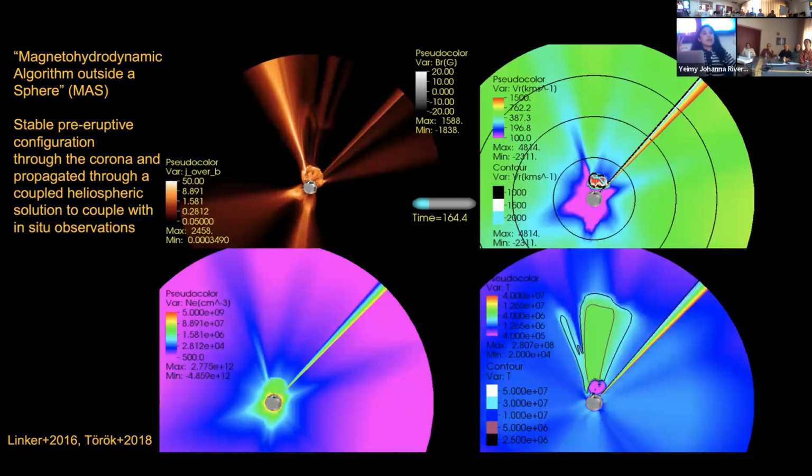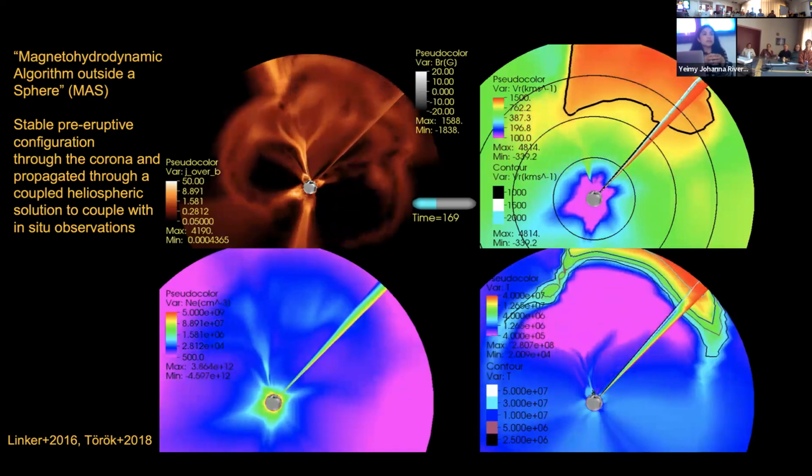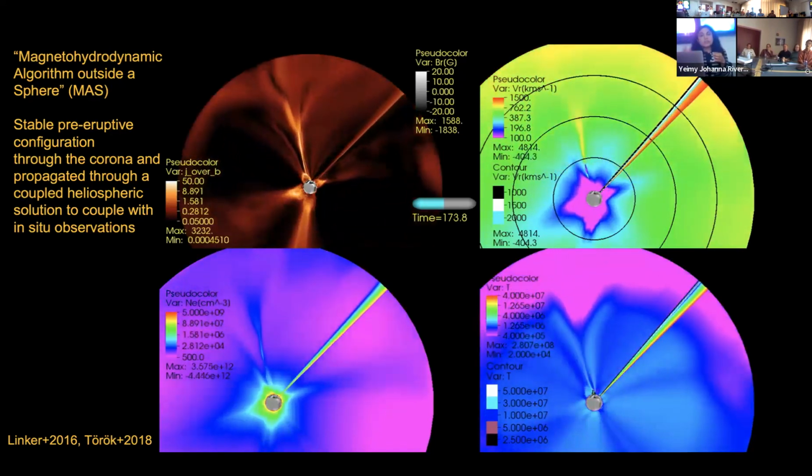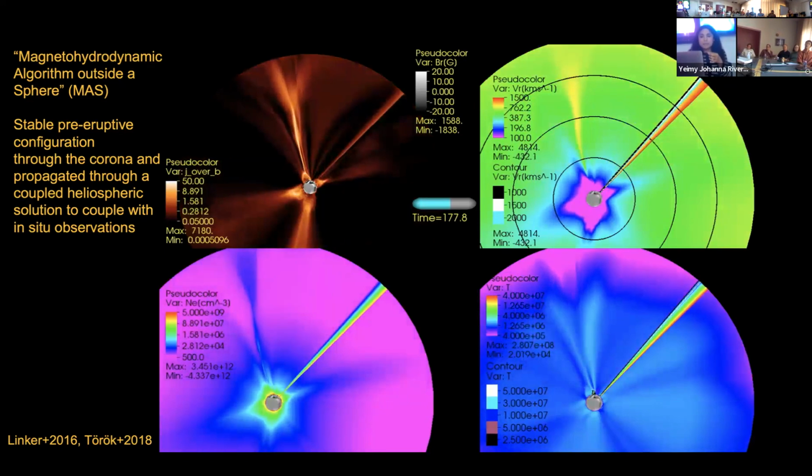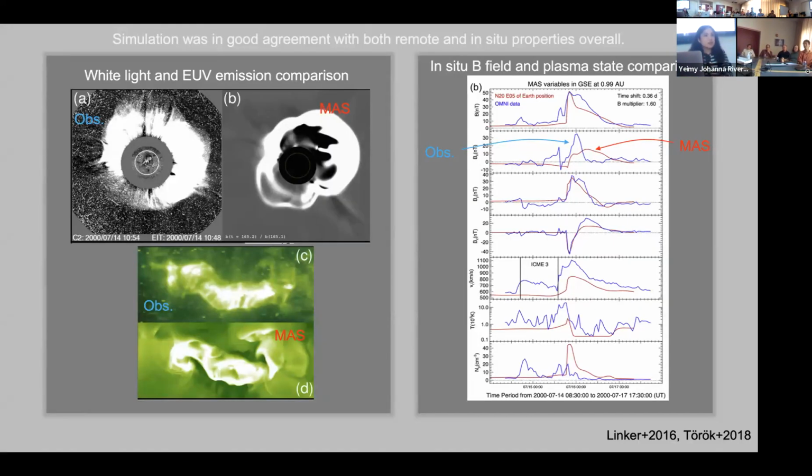So we take these out to 20 solar radii, and that's also the domain in which we're applying the non-equilibrium ionization code. They sort of did this on their own. They didn't include the non-equilibrium ionization code in this 2018 paper. But if you take a look at this paper, it describes both this comparison, the remote sensing, and also the simulated passage at L1. They were trying to say this is a pretty good representation of Bastille Day data. So that didn't include the ionization. No, this paper didn't.